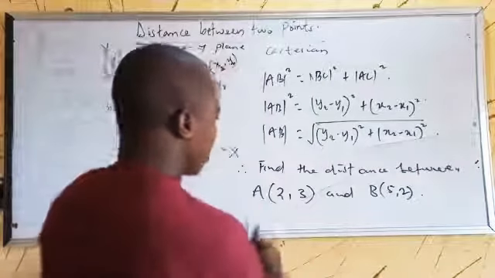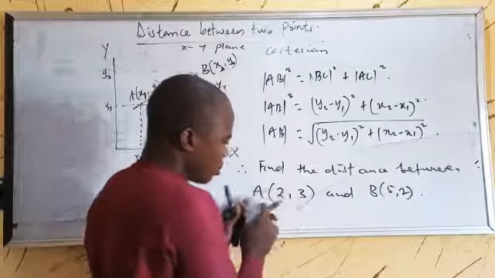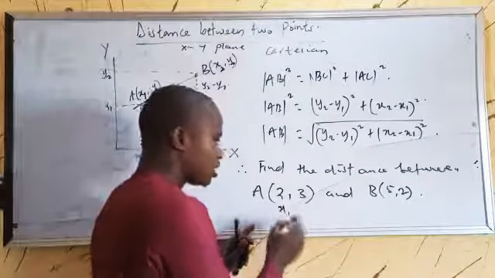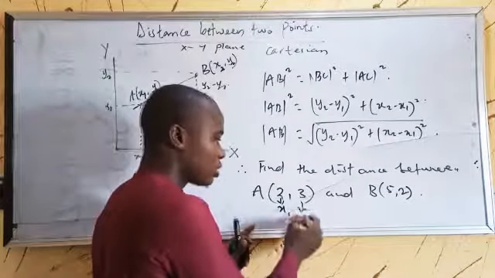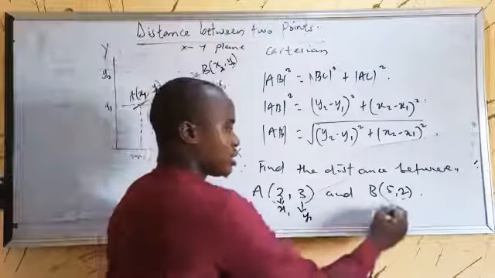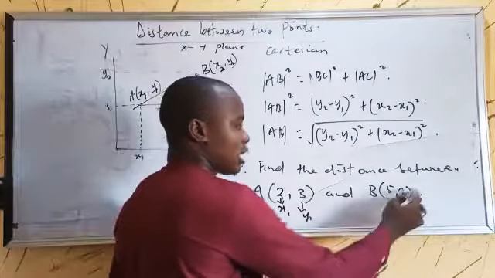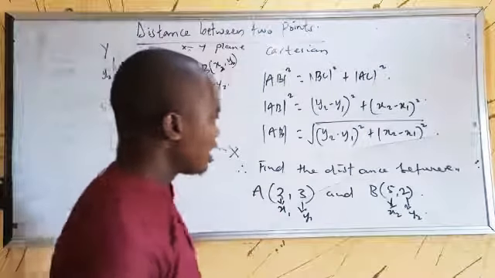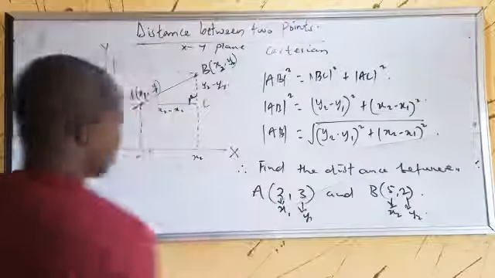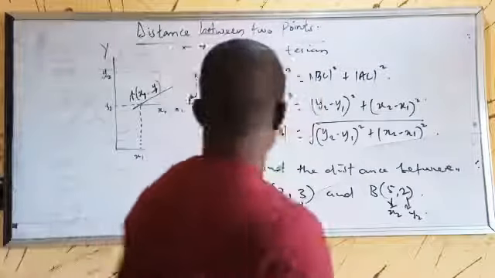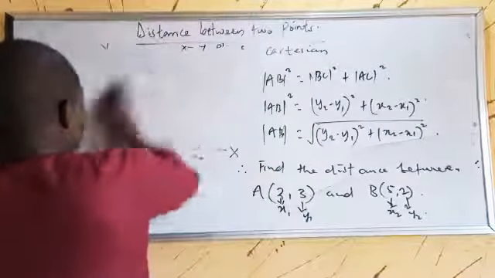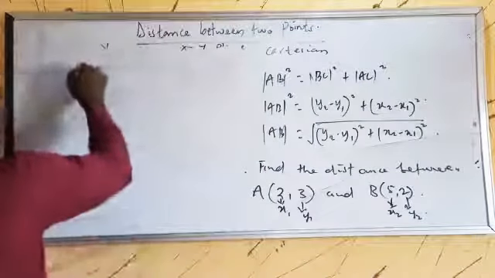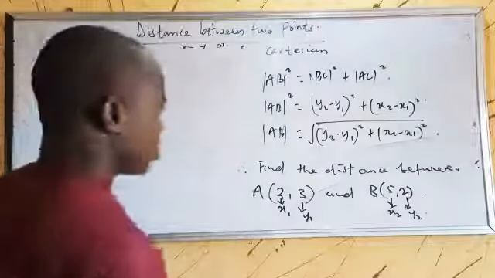So now to do this one, you just write, since we are coming from A, if you like you can come from B. So here will be x1, this one will be y1, this will be x2, and this will be y2. So now, what's the next thing to do? The next thing to do is just come here to get your AB. Your AB will now be